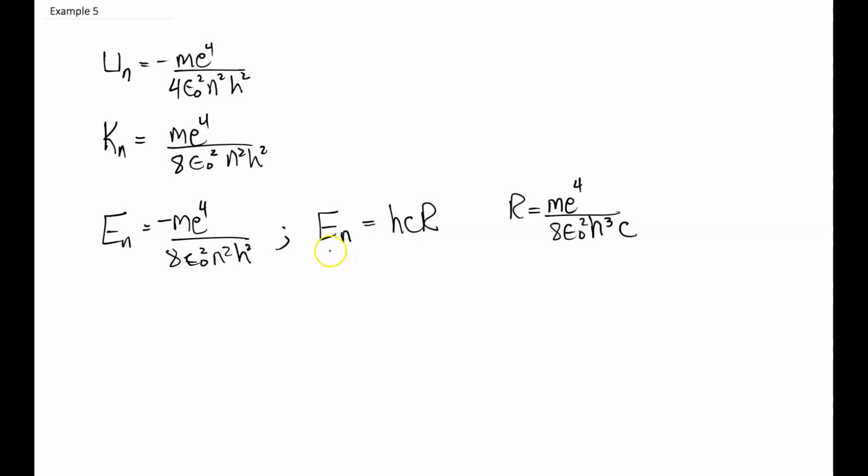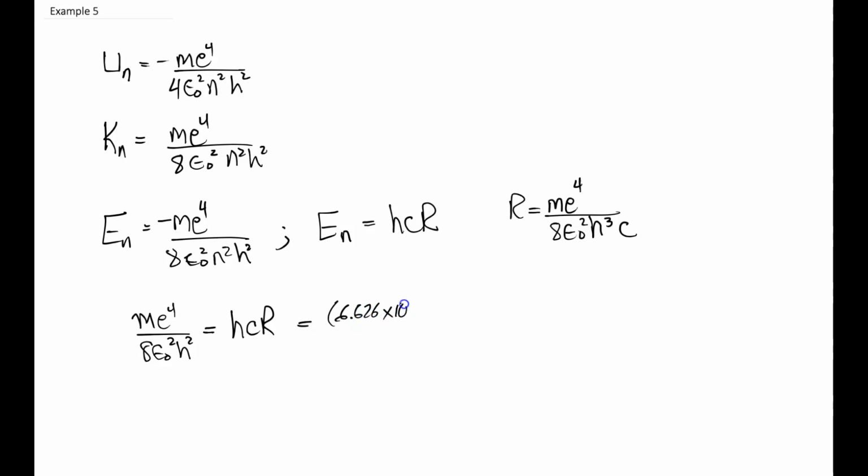And so if we equate the two sides of the energy, we find out that m e to the fourth over 8 epsilon naught squared h squared would equal h c R. That's in absolute value. These have the same magnitudes. And if we plug in the values for the constants, we can get